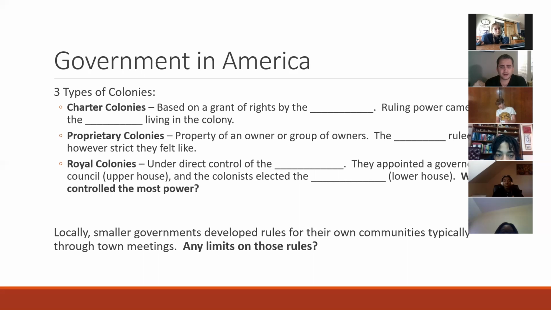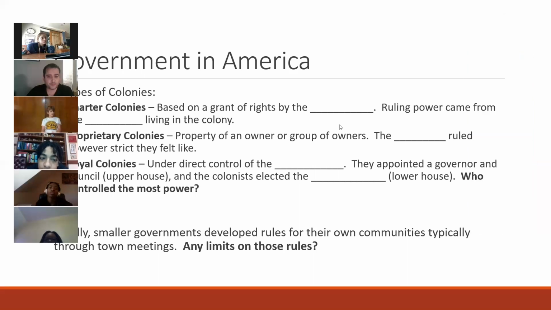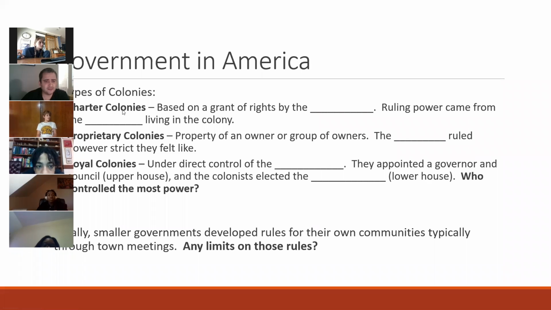Here, so I can see everything, okay? So here, Great Britain would appoint the governor of these royal colonies and the upper house, similar to the House of Lords, and the colonists would elect the lower house here, okay, the commons. So that really did lend itself to giving more power to the unelected governor than to the people. And so this starts to rub people the wrong way.